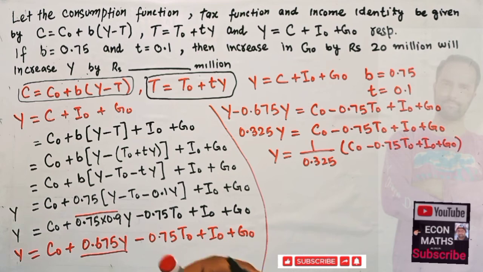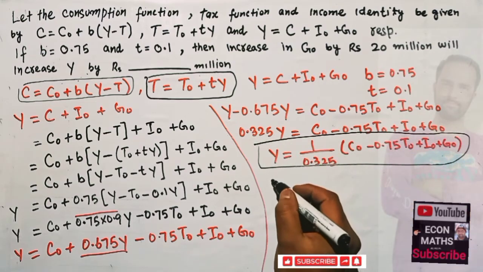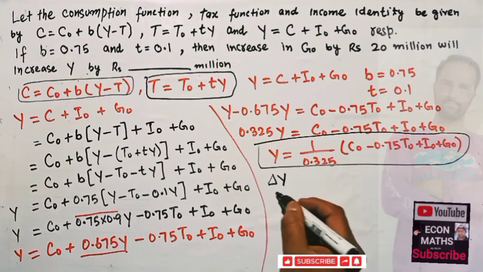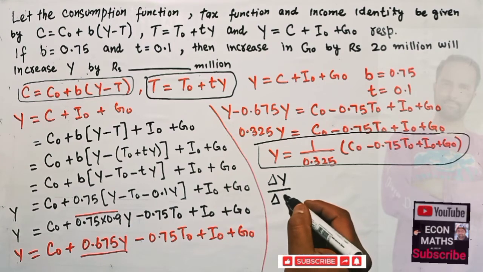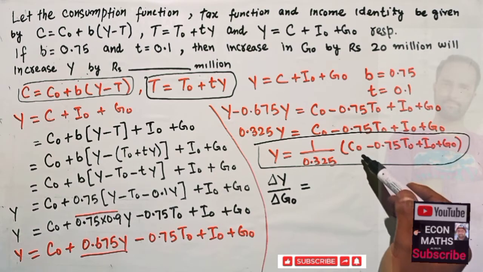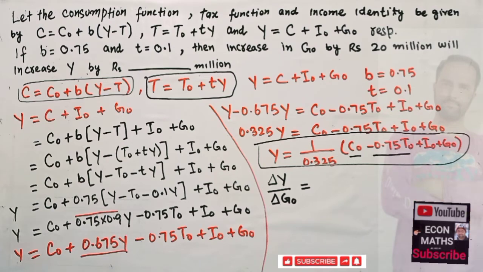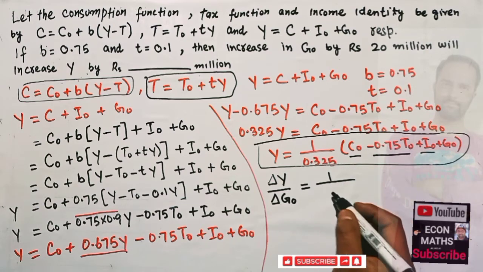That means we need to take the partial derivative of this function with respect to g naught. That means change in income with respect to change in government expenditure. Here we don't have any g naught, its derivative will be 0. Here it will also be 0 because we have no g naught here. This will also be equal to 0. Here the derivative of g naught is 1, so we are left with 1 into 1 is 1, so we are left with 1 upon